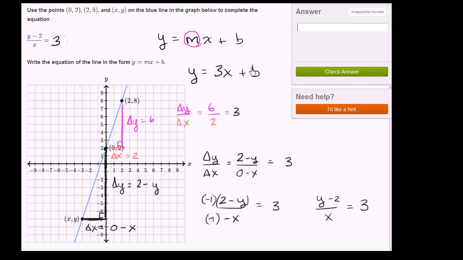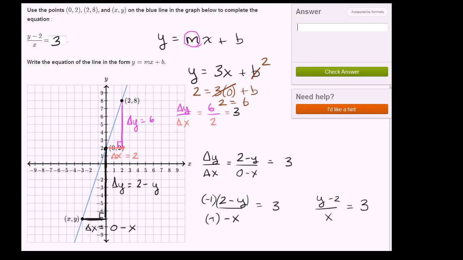And now we have to figure out what b is. What helps us in this is to recognize that they've given us several points. They tell us that when x is 0, y is 2. When x is 2, y is 8. So we can use any one of those points to solve for b. I like using x equals 0, y equals 2 because it cancels this term out very nicely. So when x is equal to 0, y is 2. So 3 times 0 plus b is going to be equal to 2. Well, that's just 0, and you're just left with b is equal to 2. So we're done. It's y equals 3x plus